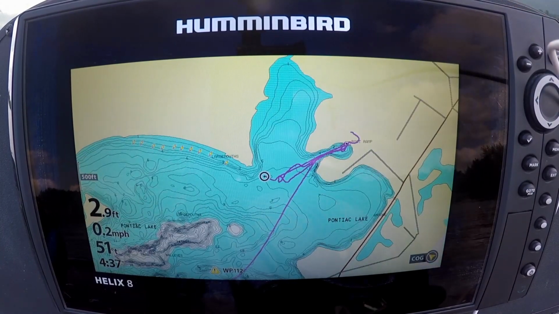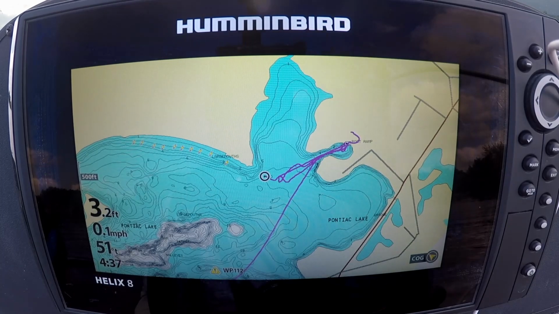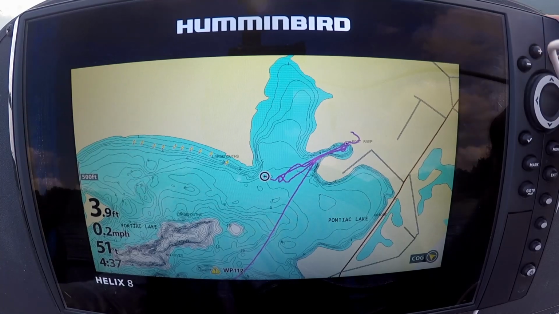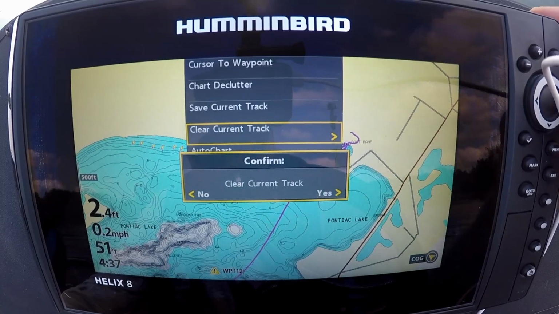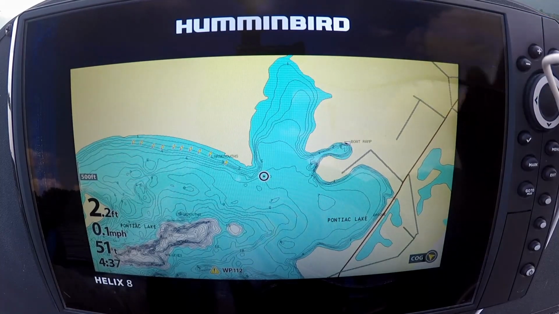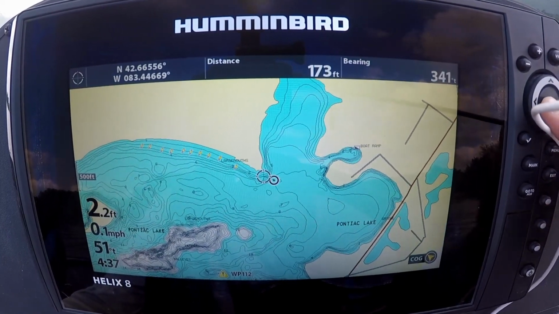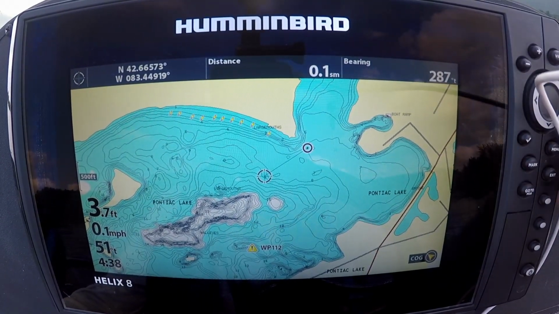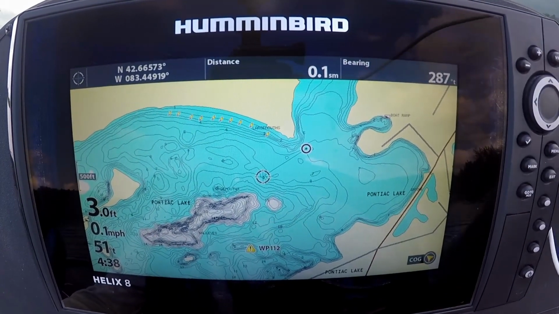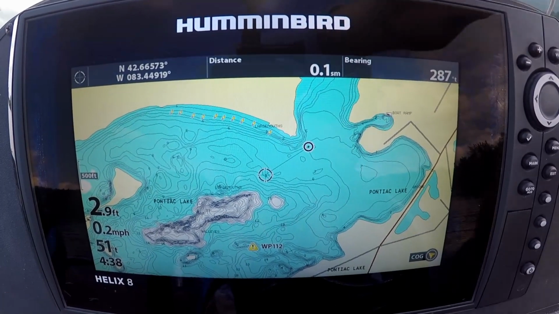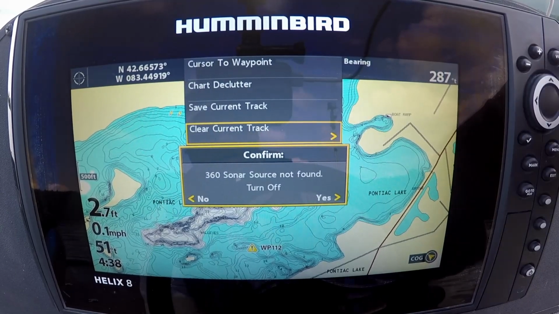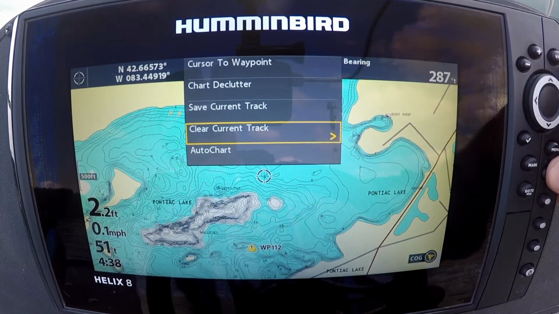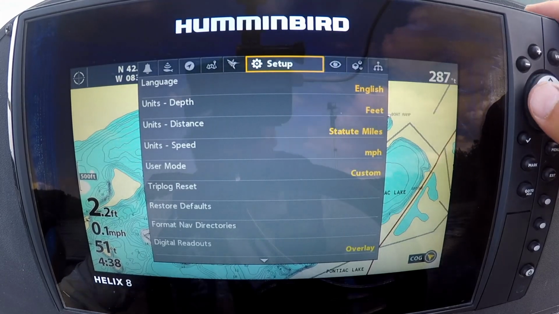This is a lake I know very well, but to get started, the first thing I'm going to do, either at home or on my phone or whatever, is look at the map. So this is where the boat is. I have currently got the map highlighted to a certain depth. So if I go menu twice here, and I go to